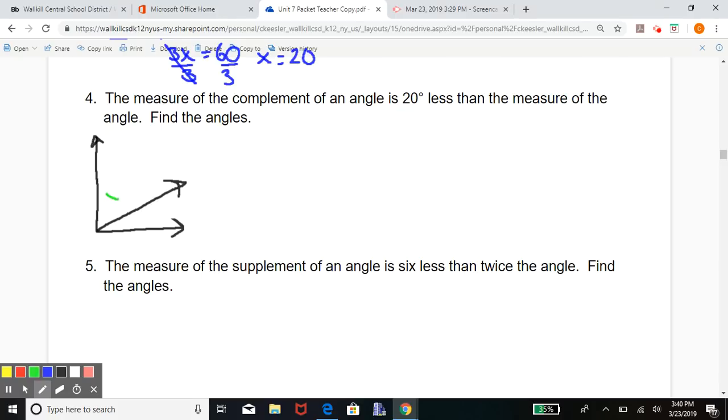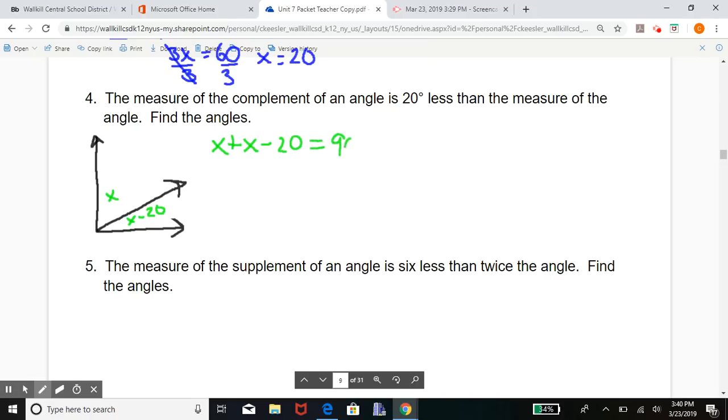So we could put x as one of the angles and x minus 20 as the other angle. They're complementary, so they have to add up to 90. So we have x plus x minus 20 equals 90. Putting them together, 2x minus 20 equals 90. Adding 20, 2x equals 110. Dividing by 2,